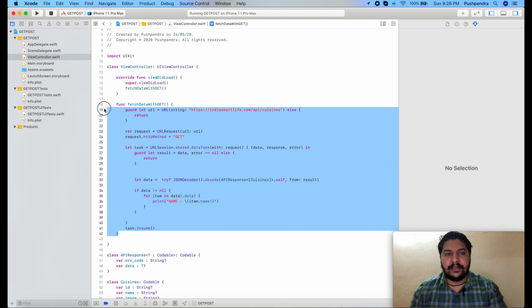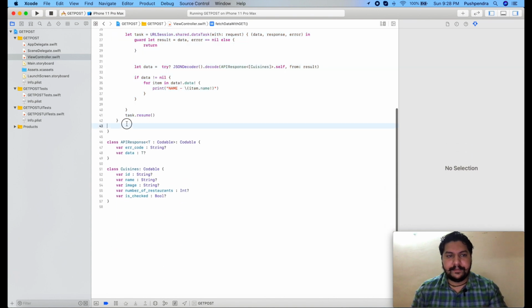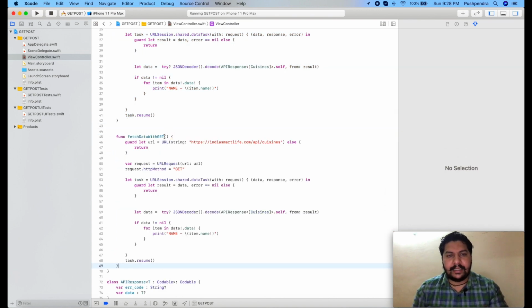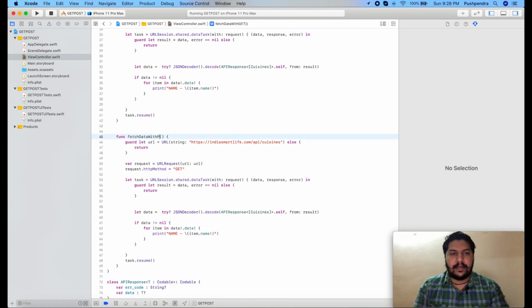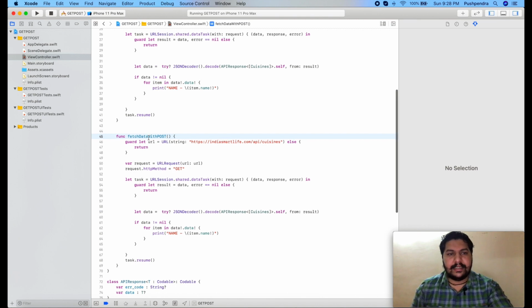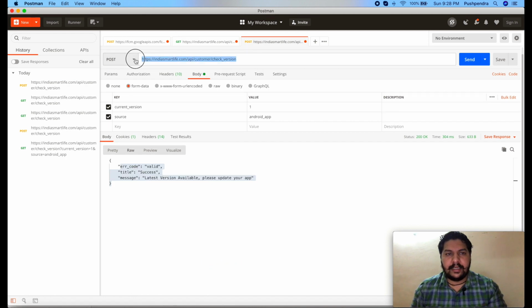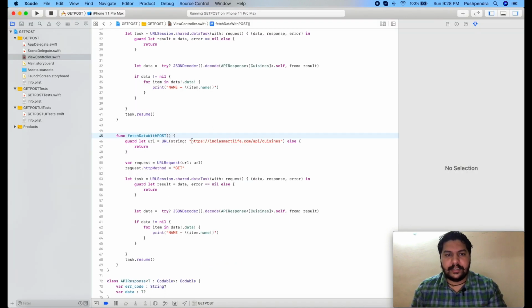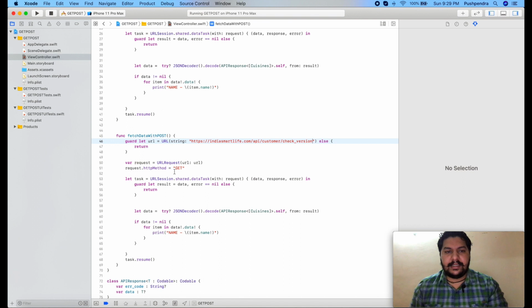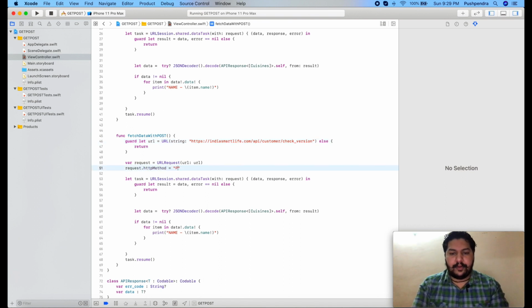So for that, what I will do, I'll copy the complete code and paste it here. I will change the name to post. Here we are not fetching any data with the post method, it's just the name of the method. Here I'll copy the name of the service, meaning the URL of the service. Now as per standard, the parameter is of type post, and how can I send the parameters to the backend developer or to the services?